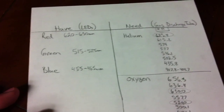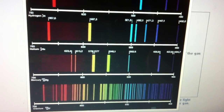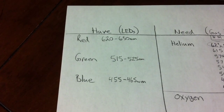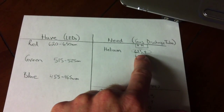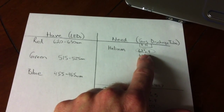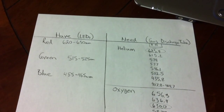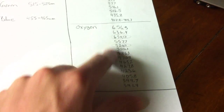So based on the discharge spectrum of helium that I showed you in the last video, I went through and wrote down all of the wavelengths that could possibly be influenced, and so that's what you see here in nanometers. And over here you see what I have being produced in the form of LED wavelengths. Now, with those, I'm only influencing in the red over here. And so what I've come to the conclusion of is I'm missing out on quite a bit of absorption possibilities here. I went ahead and looked up oxygen too, and I'd be influencing a couple of them, but there's a huge range of